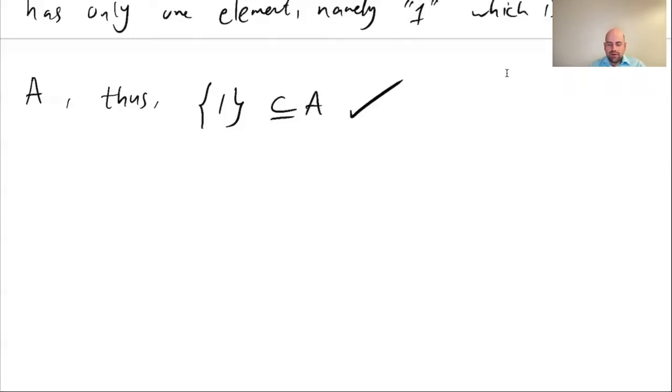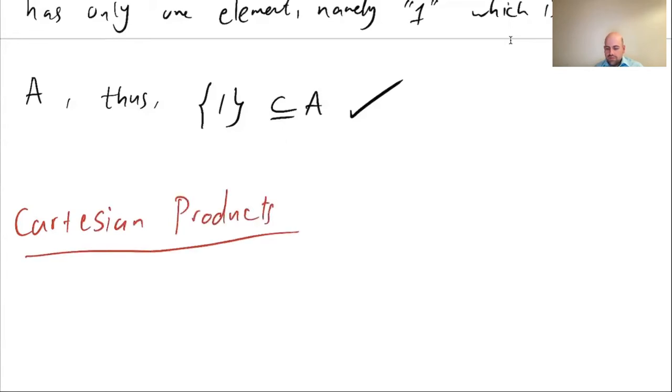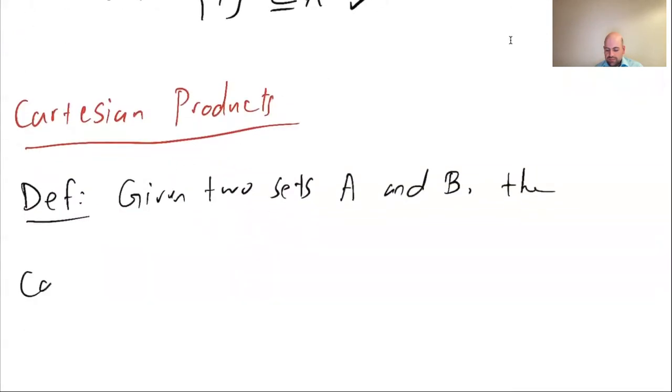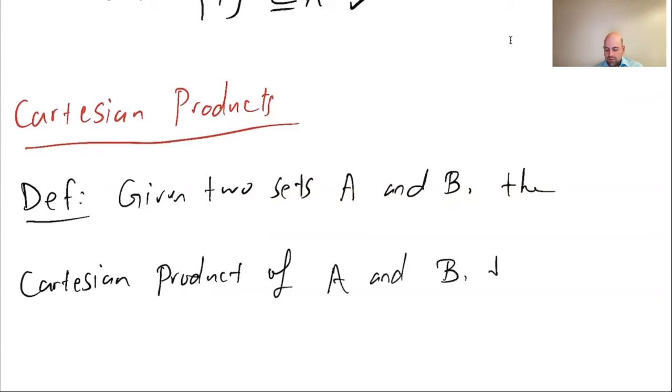Okay, so the next topic is about Cartesian products. So, definition. Given, again, two sets. Let's start with two sets, let's say A and B. The Cartesian product of A and B, denoted by A cross B,